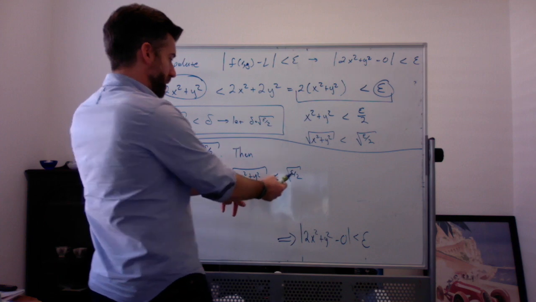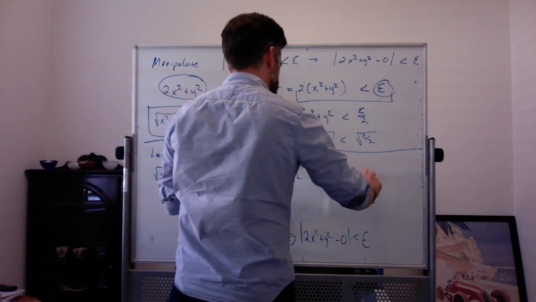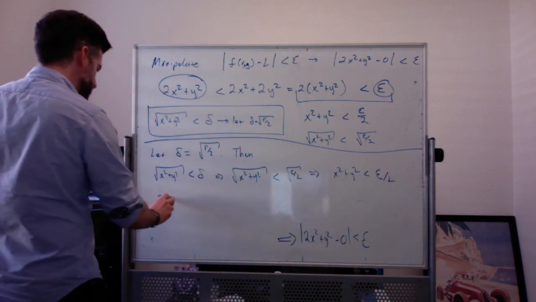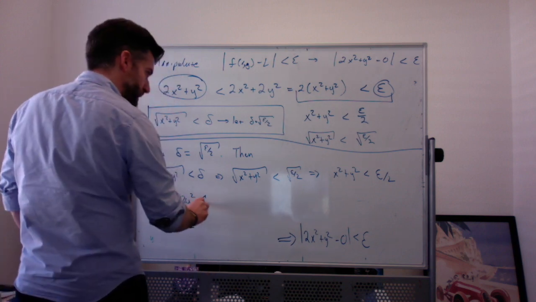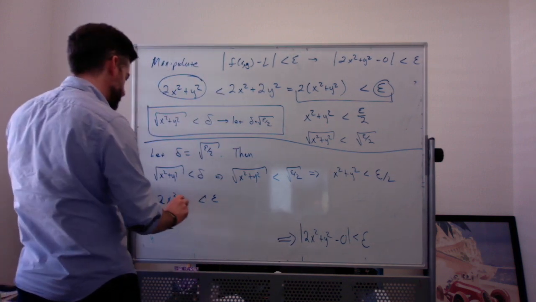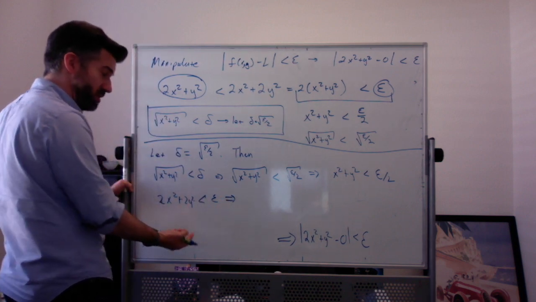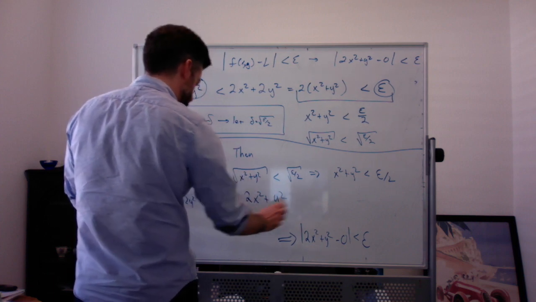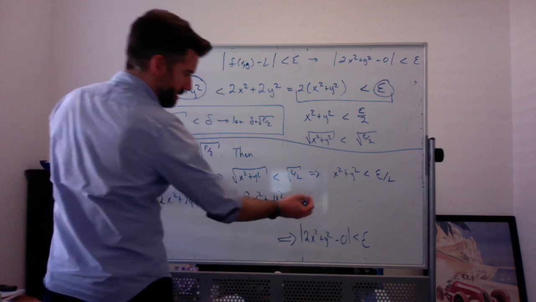So I'm going to square both sides. So x squared plus y squared is less than epsilon over 2. Multiply both sides by 2. So then 2x squared plus 2y squared is less than epsilon. But if 2x squared plus 2y squared is less than epsilon, then certainly something smaller than this is also less than epsilon. So you can say that 2x squared plus 1y squared, which is smaller than that, is also definitely less than epsilon. But that's exactly what we wanted. That takes us to